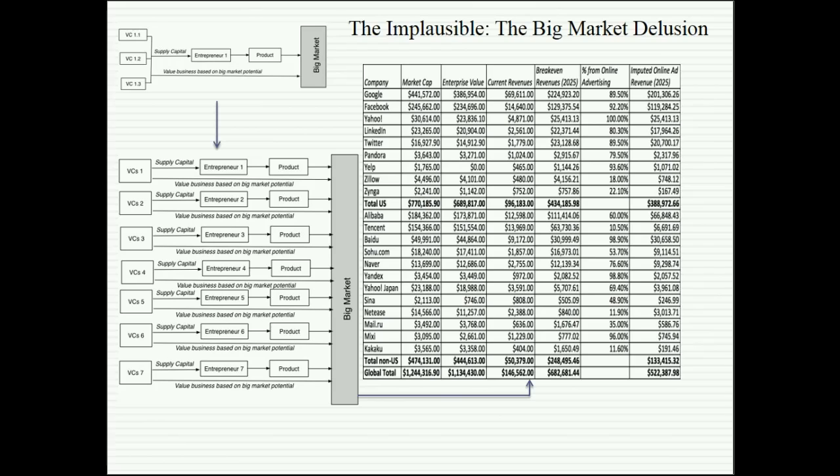So the macro delusion basically means that any time you have a big market, what's going to happen? You're going to get an overvaluation, which is going to correct. And people are going to wag their fingers and say, that's a bubble, you shouldn't do this. And I have no patience for them. This is not a bug, it's a feature. Why does it happen? Because we're overconfident as human beings. We think we can do things that are really out of our reach.